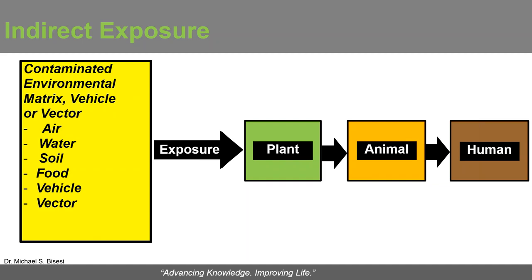It may or may not result in an adverse impact or illness in the animal. It depends on the level, and it depends on the susceptibility of the animal as a result of that exposure. But whether the animal is adversely affected or not by virtue of being contaminated, if a human now consumes that animal, the human becomes exposed, and therefore their hazard potential is now increased. And again, as stated, as you increase the hazard potential or the level of exposure, along with numerous other factors, it increases the risk of initiating an adverse response, otherwise disease or dysfunction.